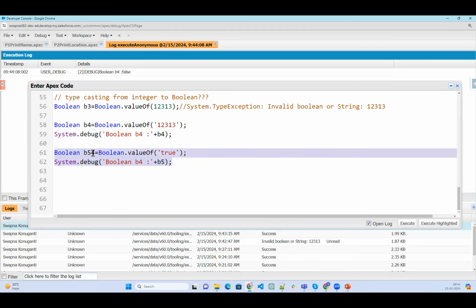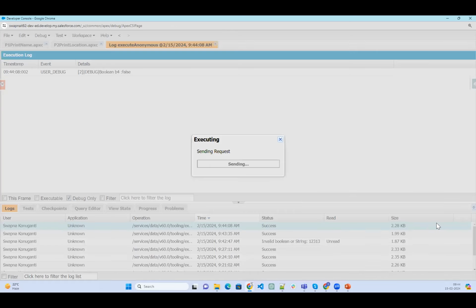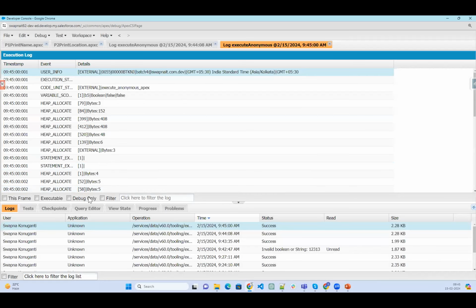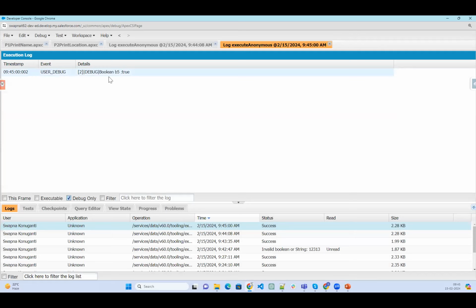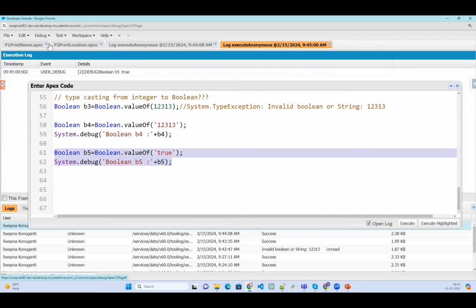Variable B5. Execute this. Now what is the output I am going to get? True. If I provide 1 here, what is the output I am going to get?